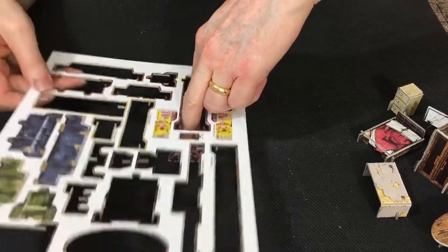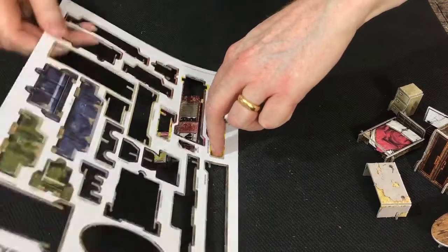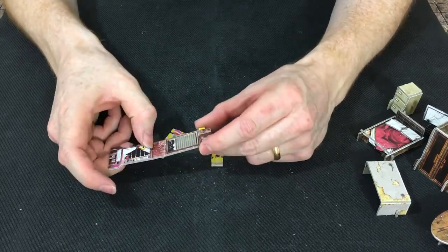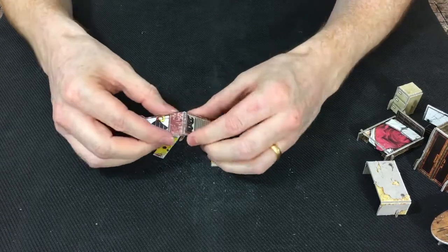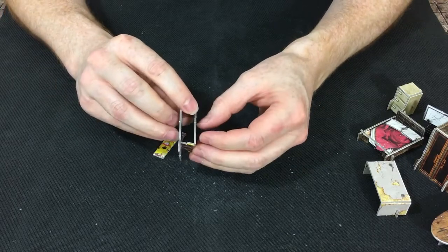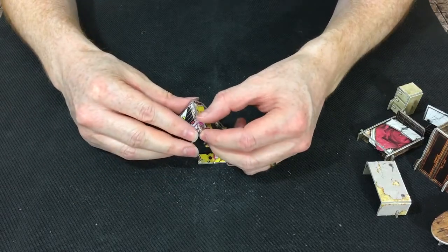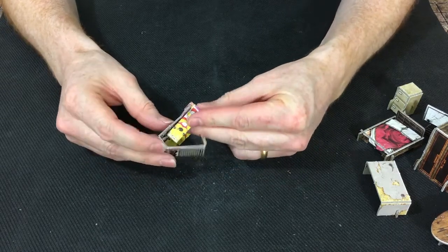Oh, I'm going to have to tackle this one. Okay, so this is the vending machine. We love the vending machine. Okay. Got to get that lovely drink in us. There's 1, 2, 3 of these half cuts. Okay, and there's the basic vending machine shape, and then we've got these little side bits here. So you're going to slot one in like so on one side, and you're going to slot the other in on here